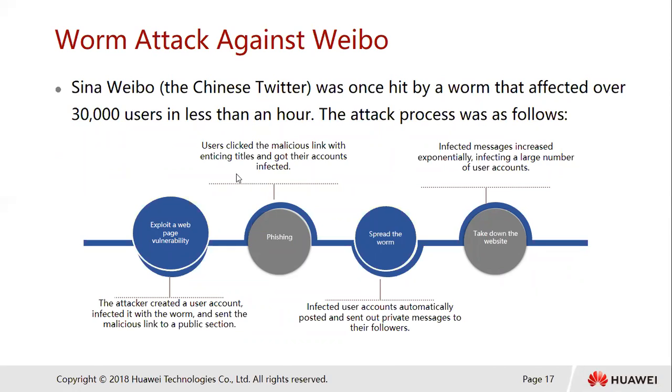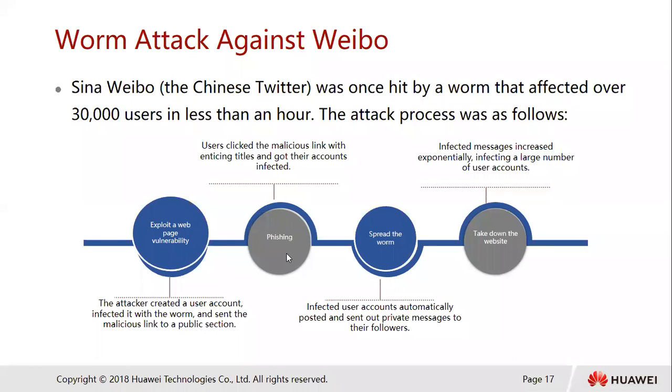So we have an example of a worm attack against Weibo. Weibo, this is a Chinese Twitter, which was hit by a worm that affected over 30,000 users in less than an hour. So this is what happened. The attacker created a user account. After creating it, he infected it with a worm. And then he sent the malicious link to the public section. So now through phishing,